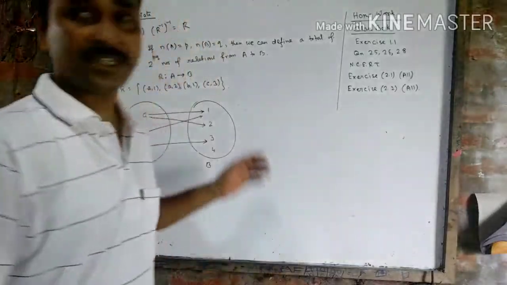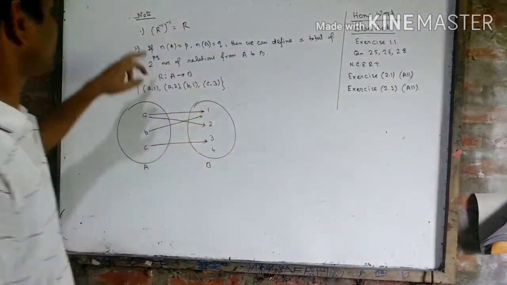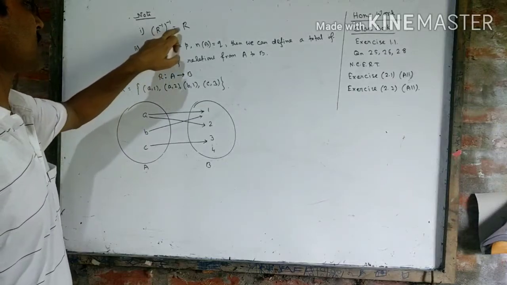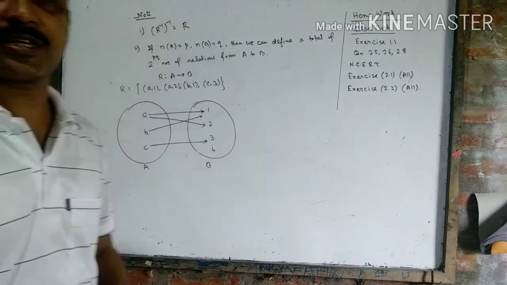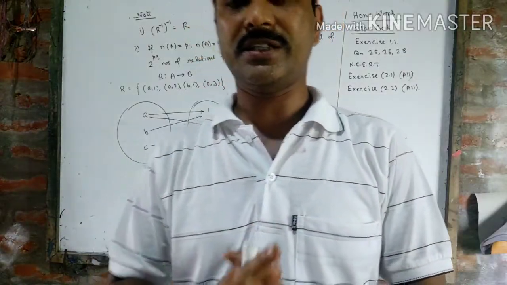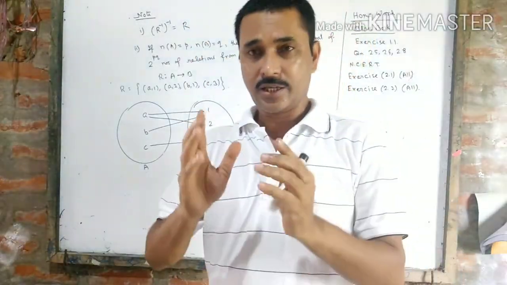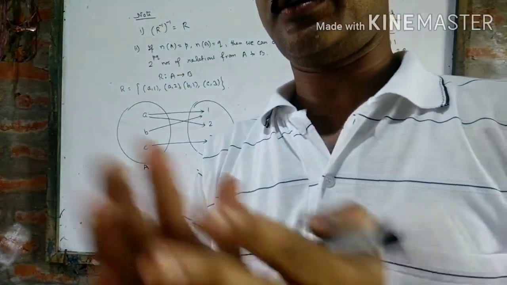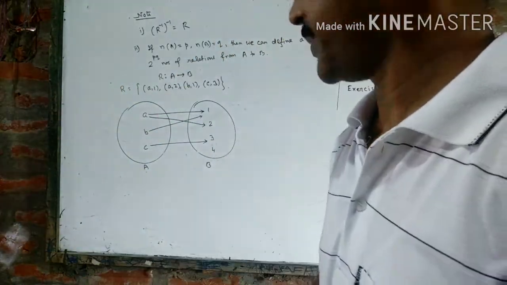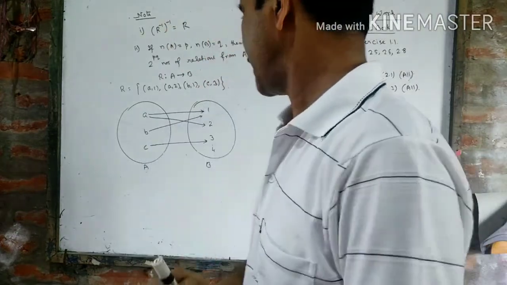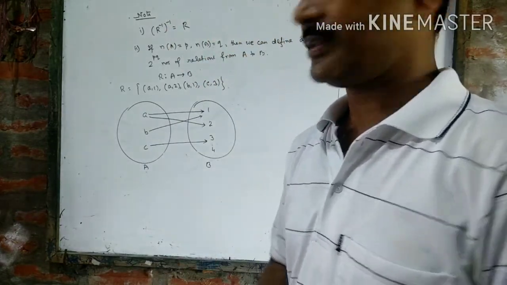Okay. Next, you take the notes. R inverse of the inverse is equal to R. That means the inverse of the inverse of an element of a relation is the relation itself. Okay, if you take the inverse of a relation twice, you will get the original relation. Alright? Next,